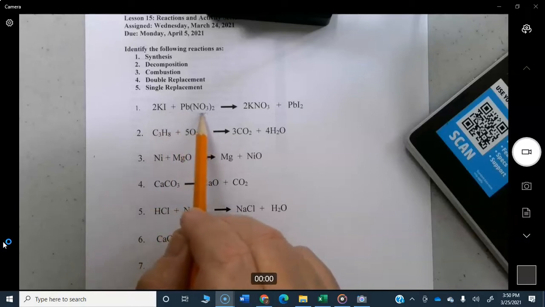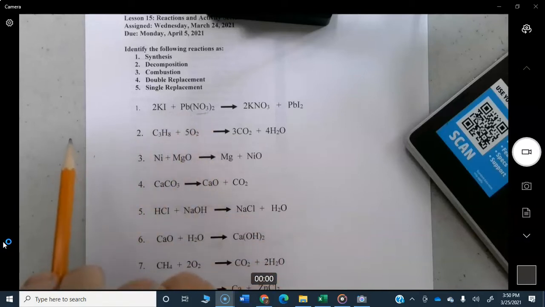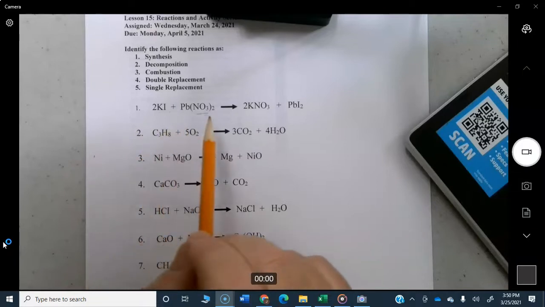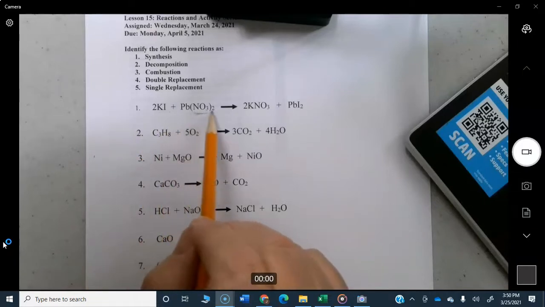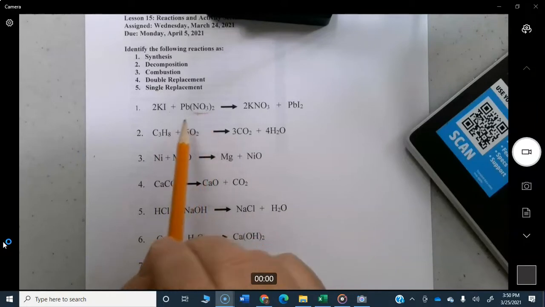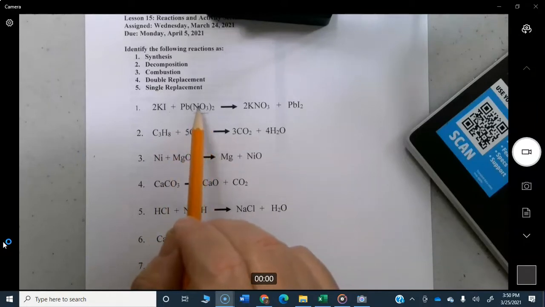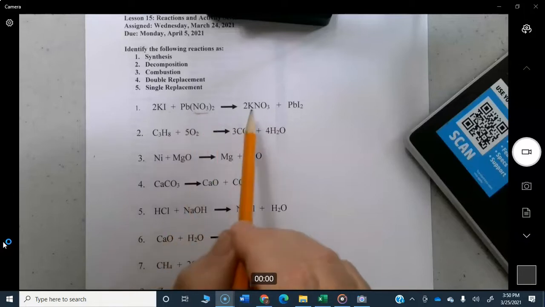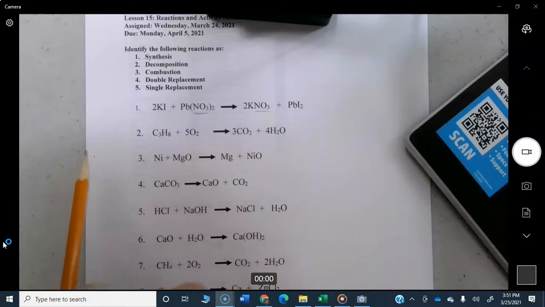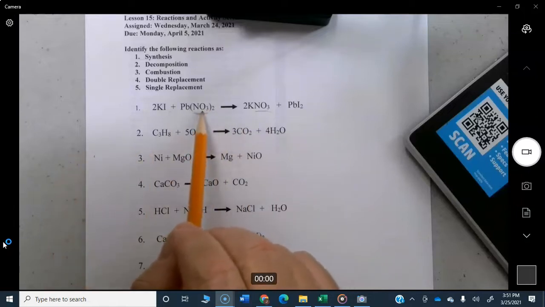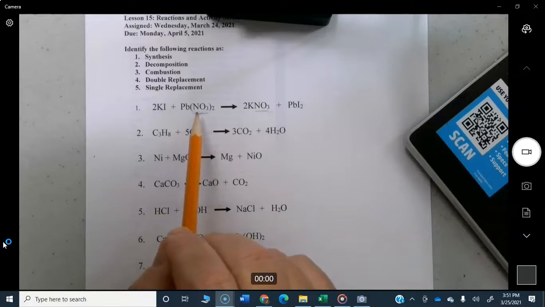One thing I wanted to address was, what do you do with something like that? That NO3 is a nitrate, and you treat it just like a single element. It's in parentheses. The nitrogen and the oxygen, the three oxygens actually, are not going to come apart. So you'll notice they show up over here in that exact same NO3. So you can treat them